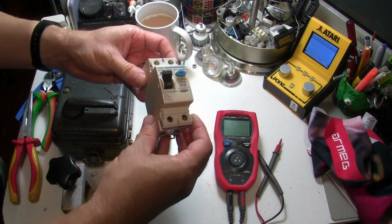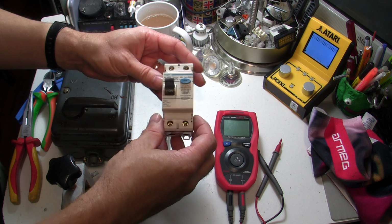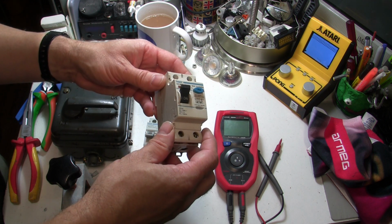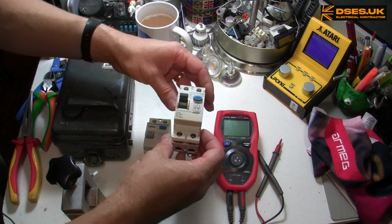So this is a post-mortem, if you will, to see what's going on with this thing, or an autopsy, as our American cousins would say. I don't know why we can't just share more terms in this common language of ours, but there we are,